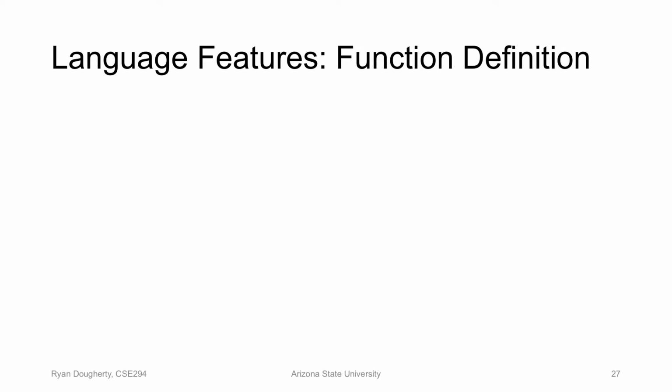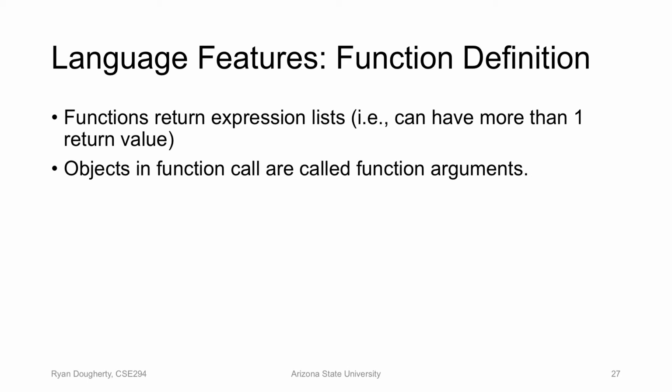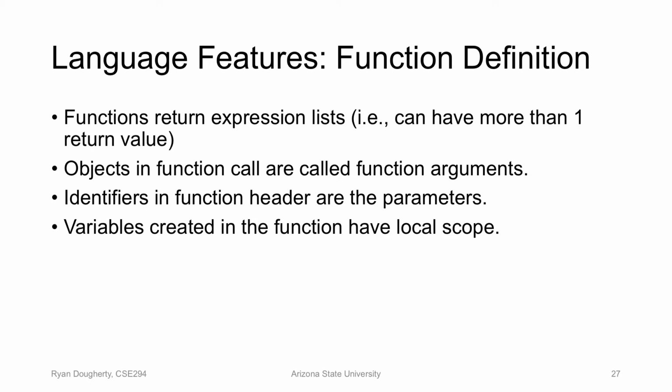Okay. Function definition can return expression lists, so we can return more than one value if we wanted to. The arguments of a function are obviously called function arguments, but that's just the actual name given to it. Identifiers in the function header are the parameters. Variables created in the function have local scope, so the variables that you create within a function can't be accessed outside the function. But